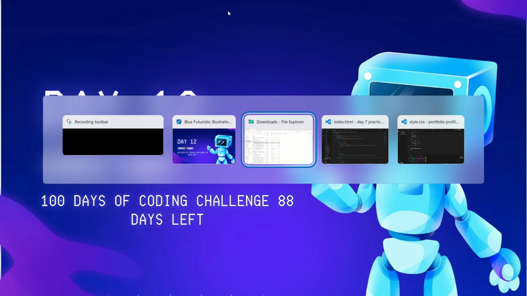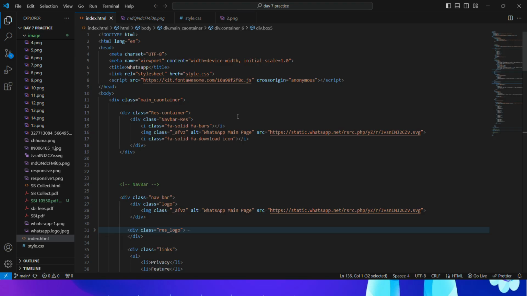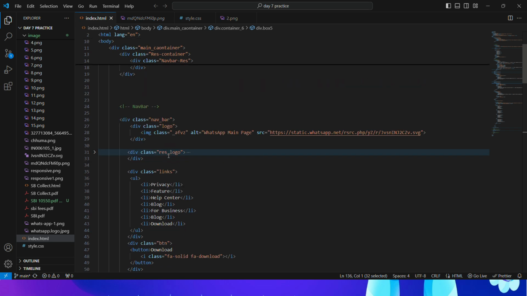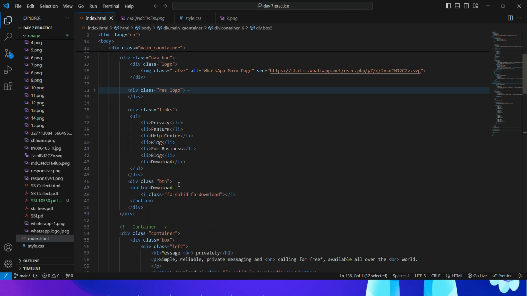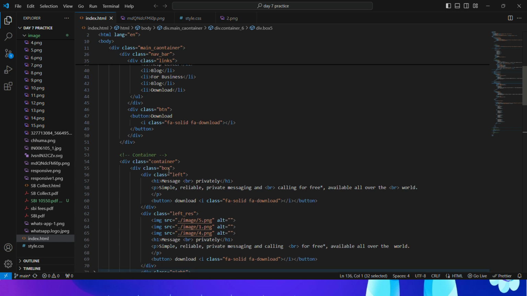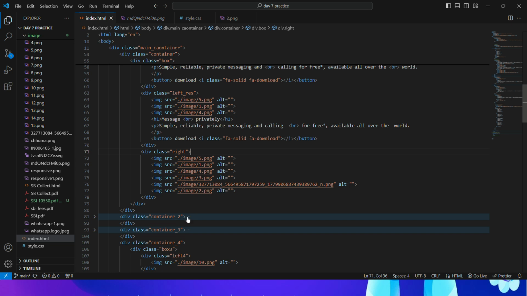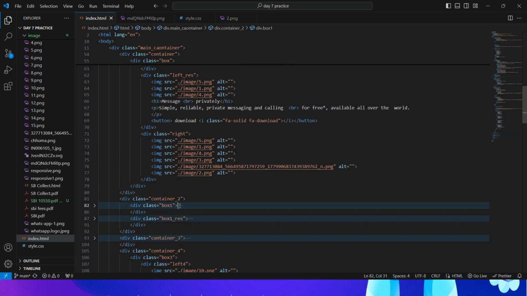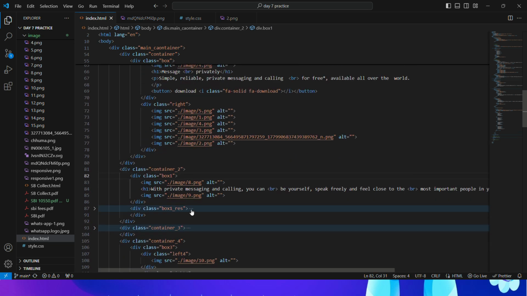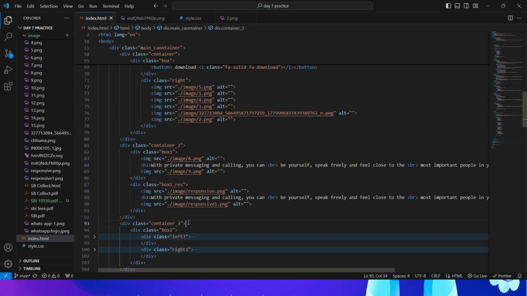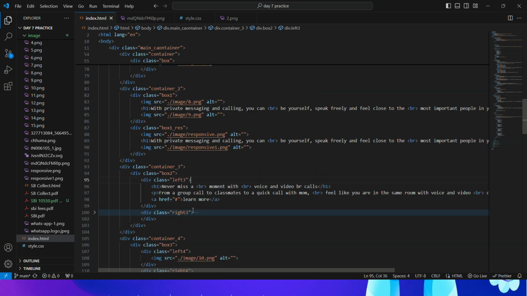So now let's move to the HTML file. This is the HTML file and this is the main container. In the main container there are some classes. This is the navbar, these are the links, this is the button, this is the container, another container class. This is the container 2 class, this is the box class, and this is the responsive class, this is the container 3,